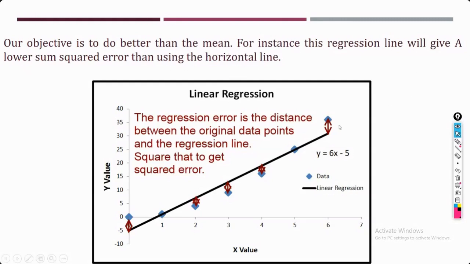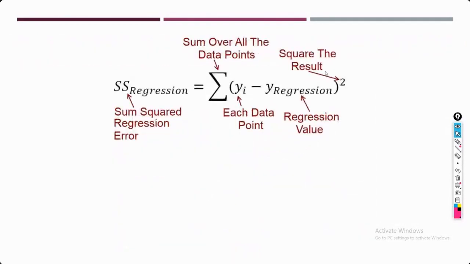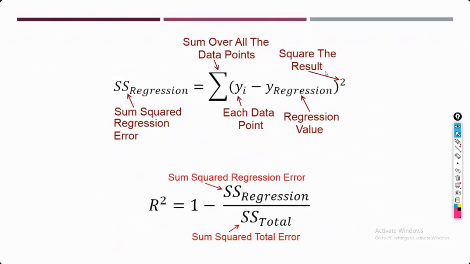Once I know this value, once I know all the points which are placed on your black line, next I am going to calculate the difference, then we are going to square it, and then we are going to perform the summation. That is going to give you the total sum of squared error with respect to your regression. So this we are done. Now we are going to calculate this R square. It is the sum squared regression error divided by the sum squared total error, and that we are going to subtract from one.